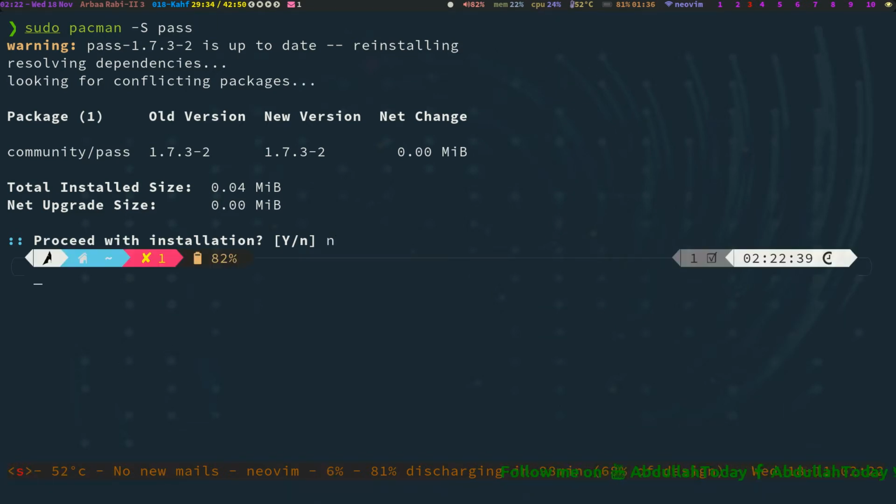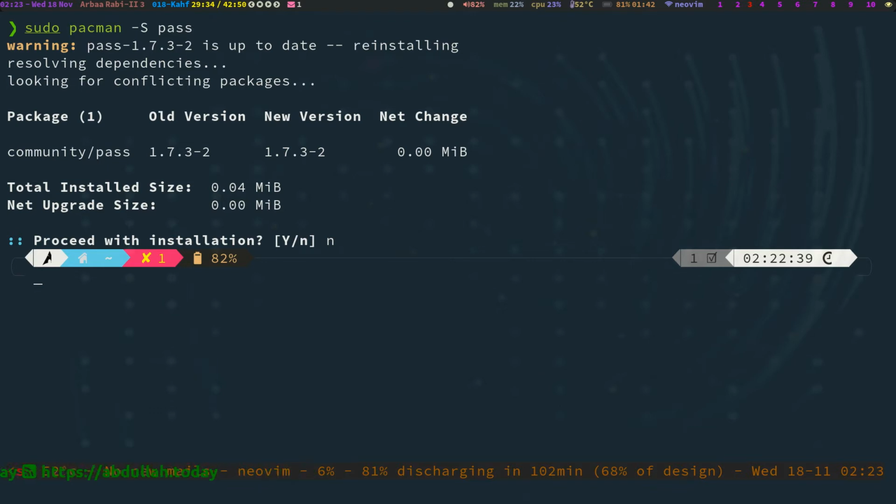You can install it inside Debian and Ubuntu. Actually, OpenSUSE has some other name for this, password-store, password hyphen store. But most other Linux distributions package it with the package name pass. Just install it using your package manager.